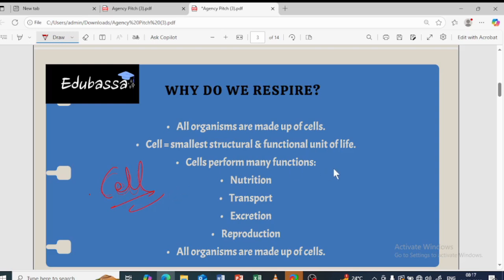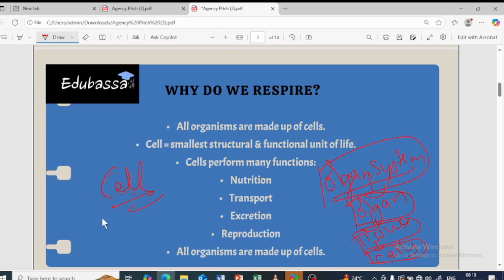See, our body is made up of different organs. We have different organ systems, be it the respiratory system, the circulatory system, or the digestive system. Various systems are present, and each system is made up of organs. For example, in the respiratory system, the lungs are present. Now this organ is made up of tissues, and these tissues are made up of cells. These cells join together and form tissues. These tissues join together and form an organ, and these organs form an organ system. Am I right? So now you understood what a cell is, right?